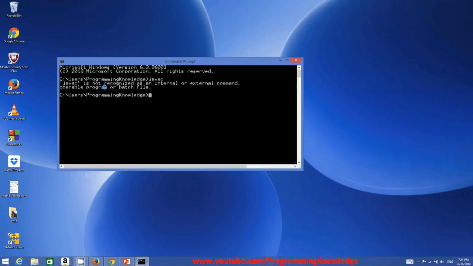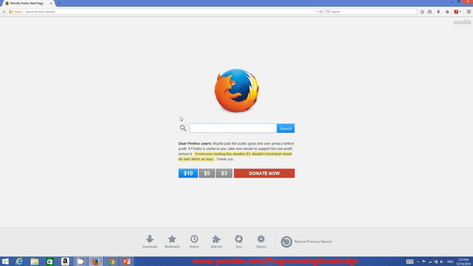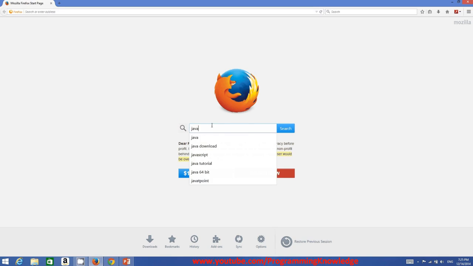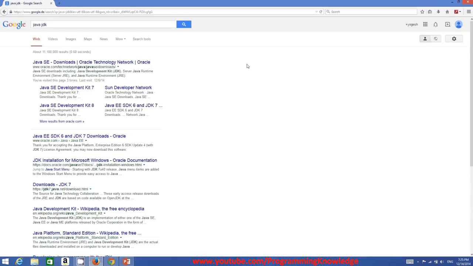And if this command responds that javac is not recognized as an internal or external command, then Java is most probably not installed in your system and you need to install Java on your system. Okay, so like my operating system, I don't have Java, so I will install it. So just open your browser and search for Java JDK, or simply Java also works. And in here, the first site will open hopefully from oracle.com. Just click this link,